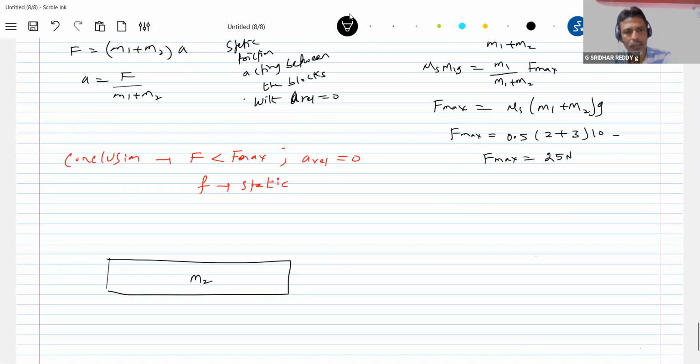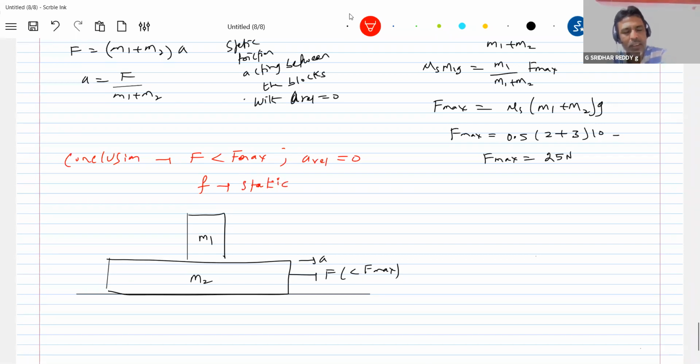The person on the plank. So what is the force? We applied a force which is less than F max, and I'm very sure that there's no slipping, no? And why will friction act on the upper block in that direction? Okay, let's do one thing. The person who is there on the plank, what will be his comment? As F is less than F max, no slipping, no? The block is at rest, he should say.